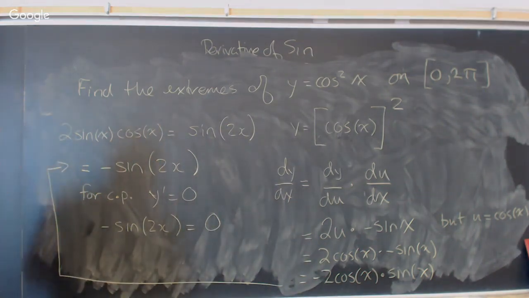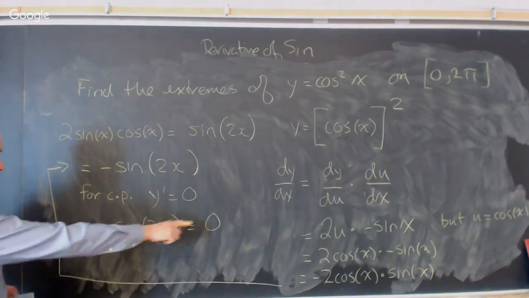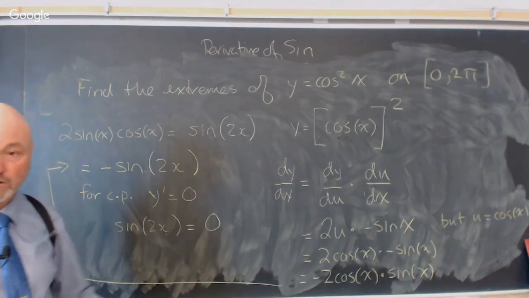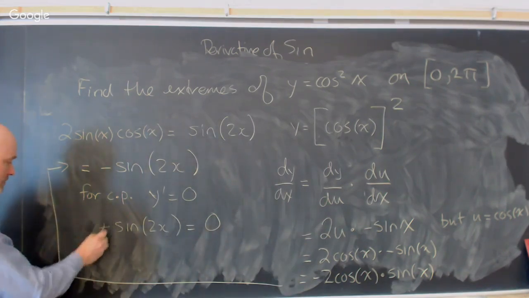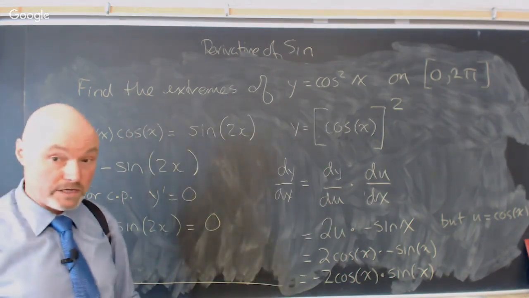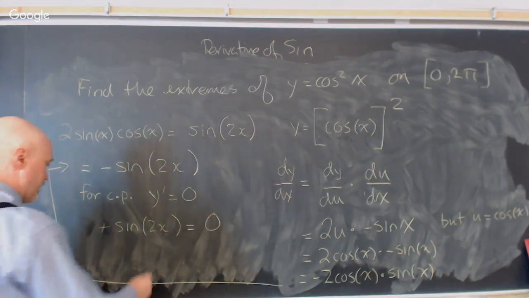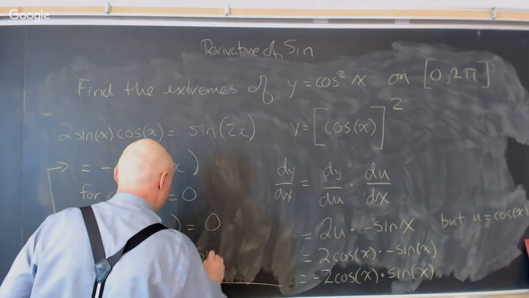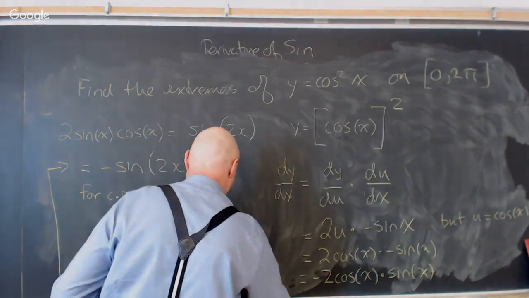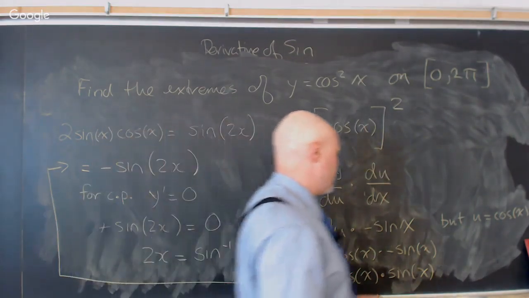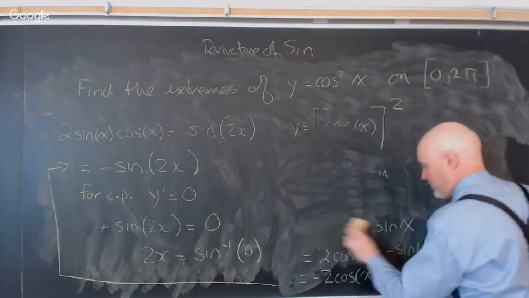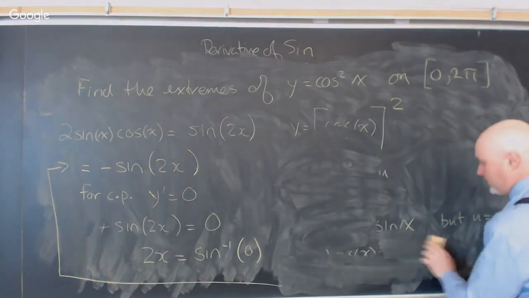I'm just looking to solve that problem right there. Okay. This is a negative sine 2x, but because it's equal to 0, I just don't care. So I'm just going to cross off the negative because I don't want it to confuse me. I'm going to take the arc sine of both sides. So 2x is equal to the inverse sine of 0. So I need to find all those values where sine is 0, and it goes on forever. And oh, it starts at negative infinity, but fortunately,